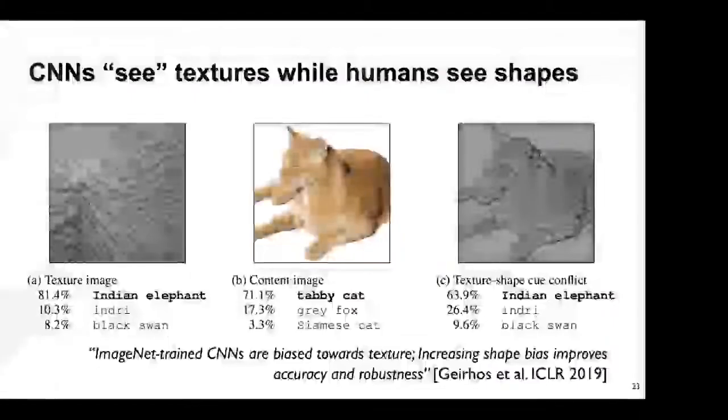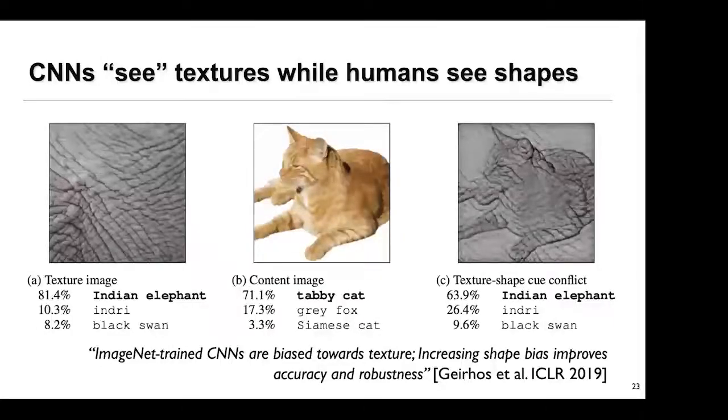In fact, people have noticed this. There is a recent paper that essentially says that when you look at the image in C, humans actually tend to see a shape. There's a cat there. On the other hand, if it's a CNN, and CNN is actually